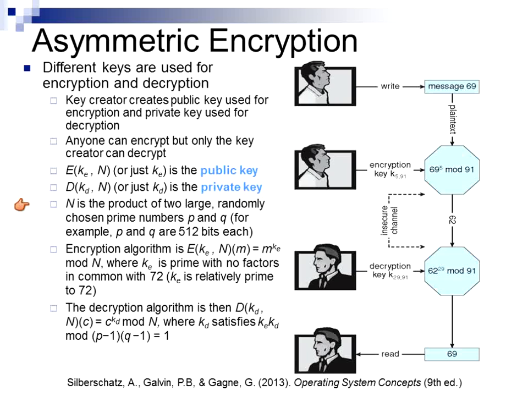so that the key is another number that is not a factor of N, where N here is the product of P and Q, and then the decryption key is a different key, and the decryption key actually is a prime that has no factors in common with N, which was that P times Q.